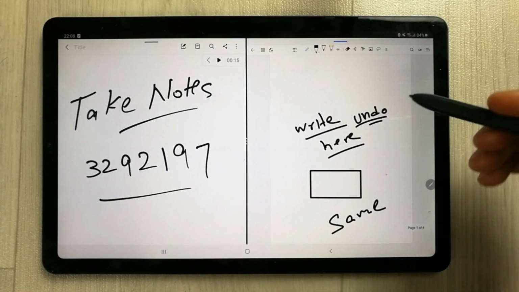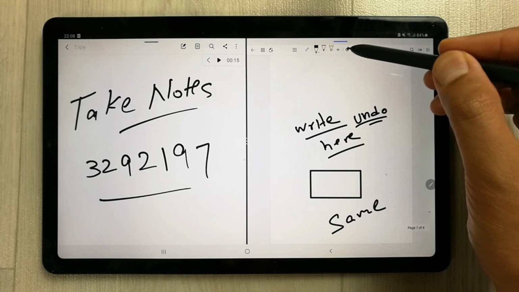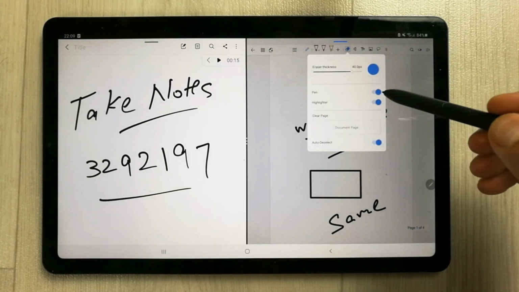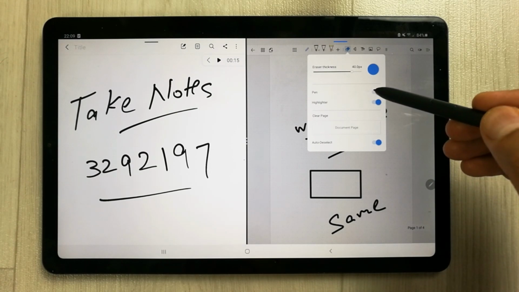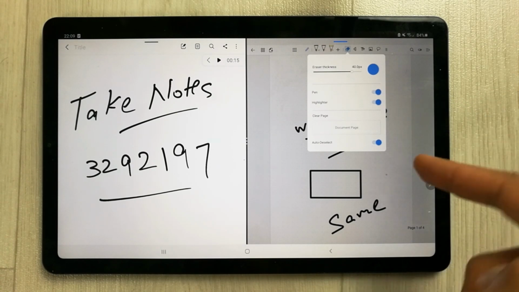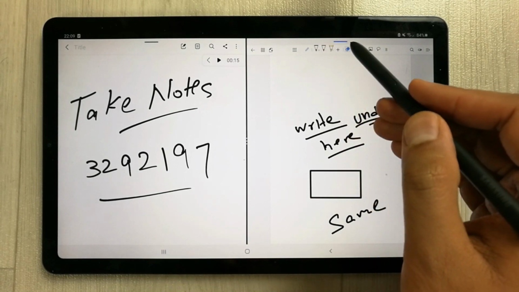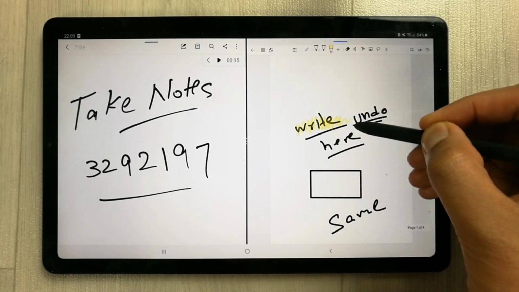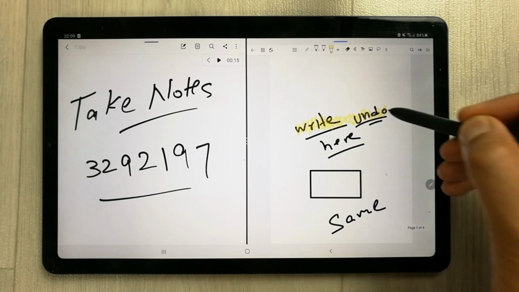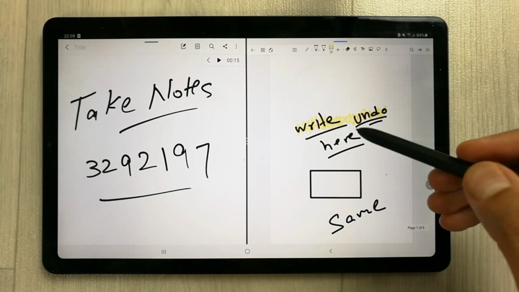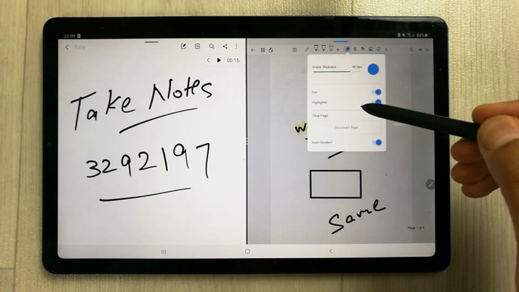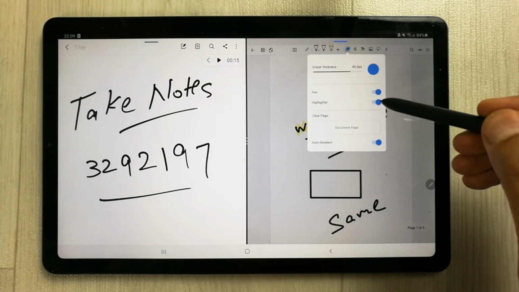So if we talk about the eraser tool, the eraser tool in Flexel has a lot of features. I will show you. It gives you the ability if you want to erase the pen or if you want to erase the highlighter. So let me do something with the highlighter. For example, I highlight this one. Now if I want to erase only the highlighter, it will only erase the highlighter.